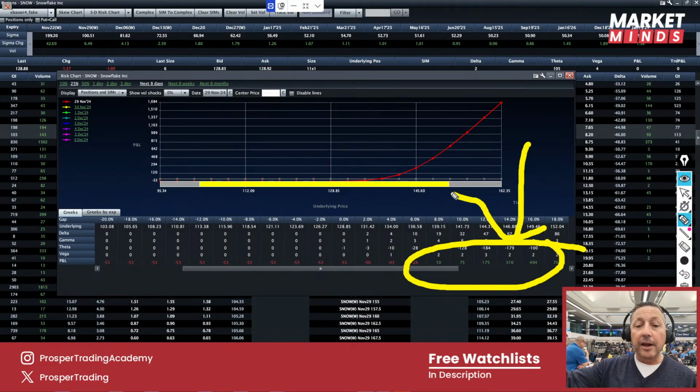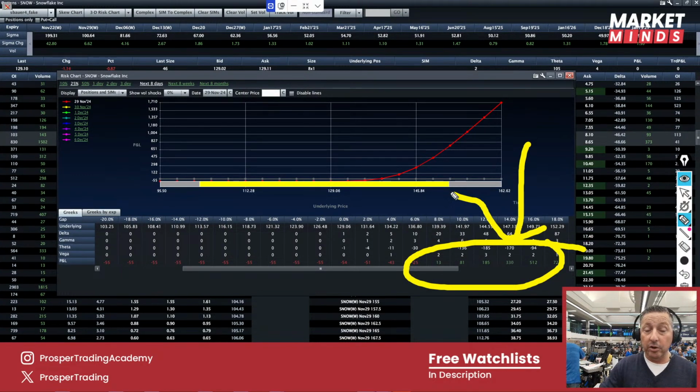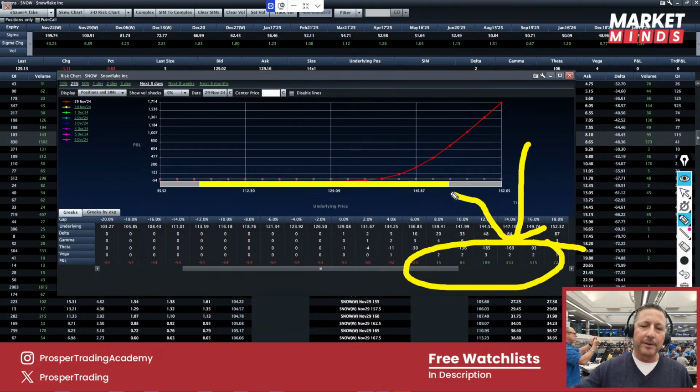Now this is showing you like a $3 profit if you go to 145, rather than the real potential profit, because we know those vols are going to be adjusted. So the real potential profit is $1.50. That's still really good reward to risk, but you might put this into your platform and say, oh man, 60 cents and I can make $3 on that, I'm going to do as many as I can. But that is not real. Does everybody understand that?